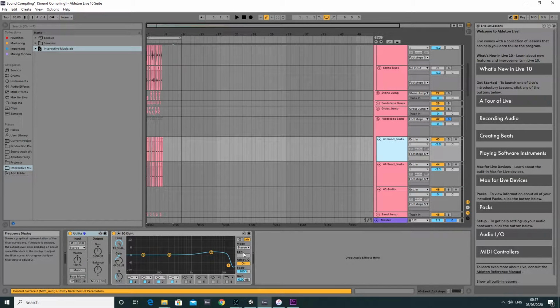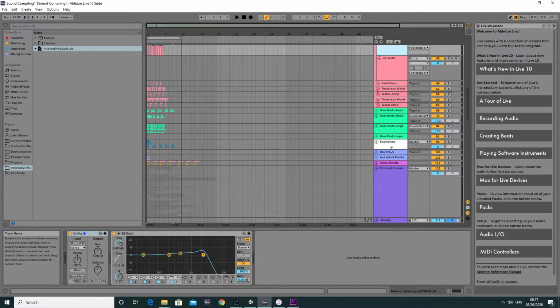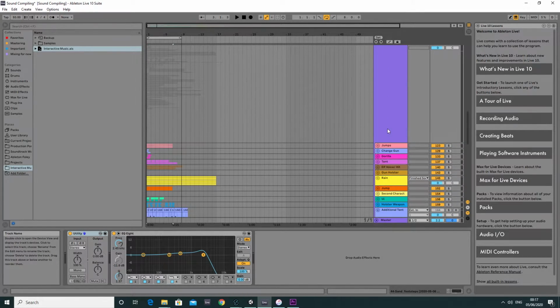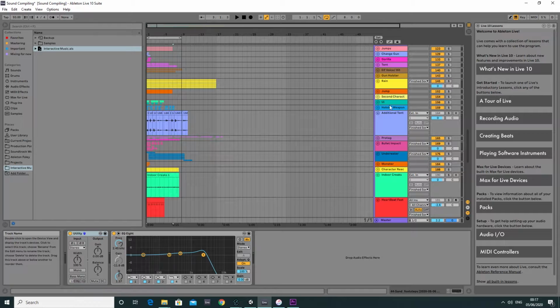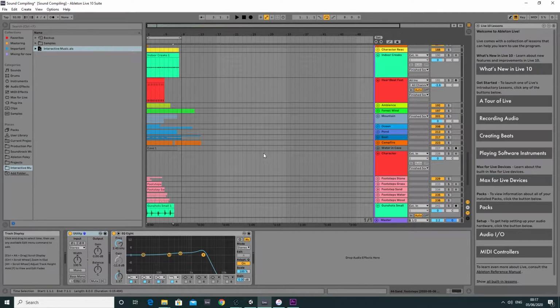I've used two different EQs, one for the higher and one for the sort of more bottom end. This sound effect was created by me standing on a bag on a carpet. And then what I end up doing is transferring them all into here, where they get compiled and sent over